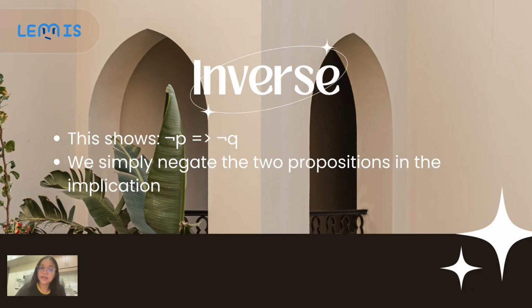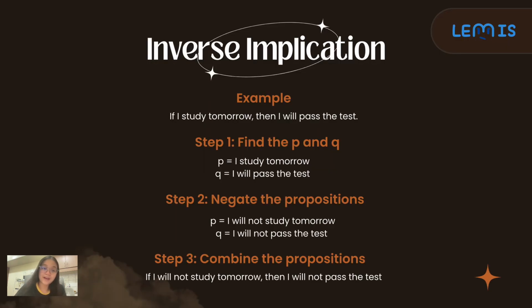So an inverse is simply the negation of an implication. This shows that if not P, then not Q. Let's have an example. Our example is, if I study tomorrow, then I will pass the test. And to turn this into an inverse implication, we just find the P and Q, which is P is the I study tomorrow, then Q is the I will pass the test. And then we negate the propositions. So we put not, or we just simply think of the opposite of the proposition. So P is I will not study tomorrow, and Q is I will not pass the test. And then we just combine the propositions. Let's put if and then, which will give us, if I will not study tomorrow, then I will not pass